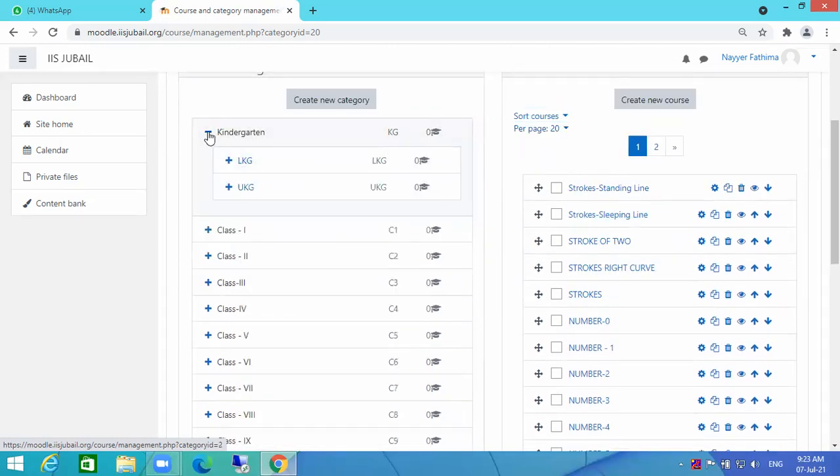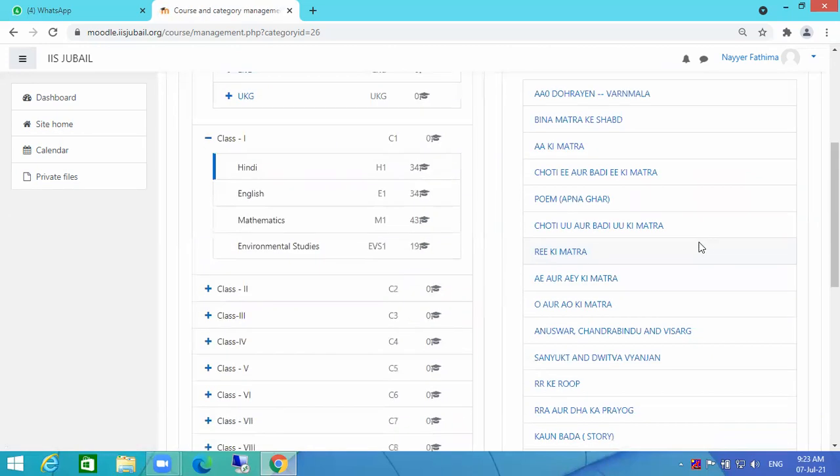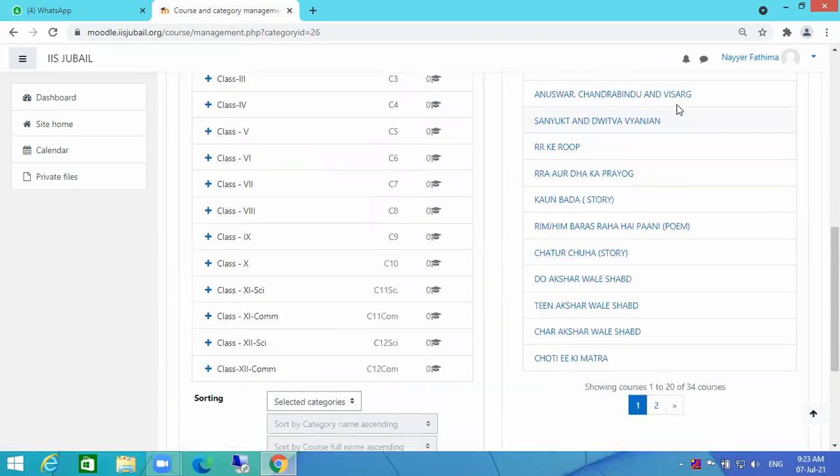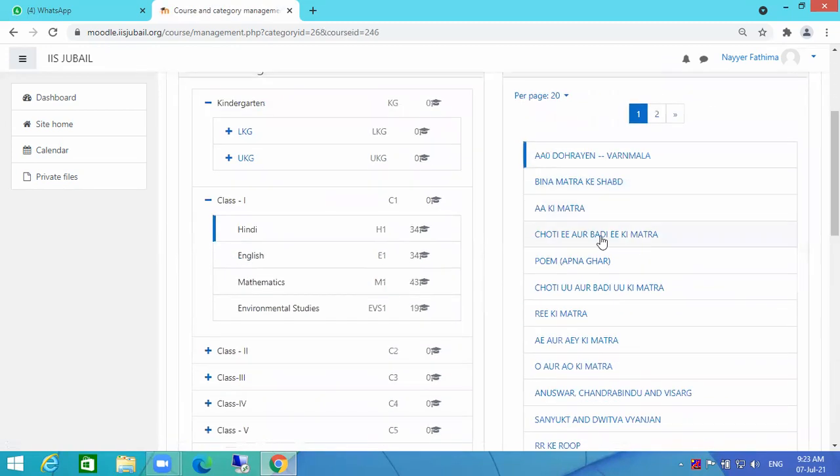Now this is the restriction again. LKG Nair madam can access all of LKG and UKG. Suppose you want to see the second class or first class also. See the difference here: you cannot see the move option, you cannot see the addition, you cannot see anything here. It is restricted. You can see, but you cannot modify anything. It is not opening anything.